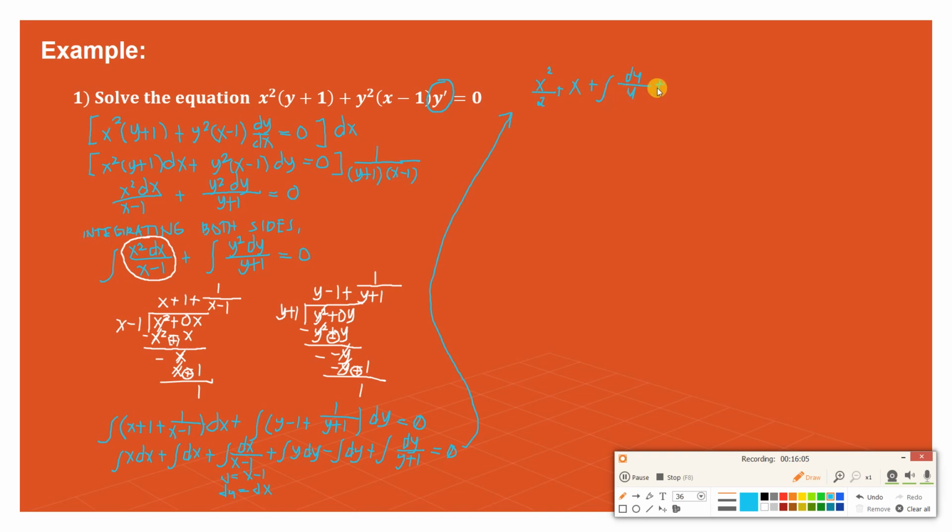Okay, fourth term, y dy, we have y squared over 2 minus integral of dy is y plus, same thing with this one, let u equals y plus 1, du is equals to dy. So we have integral of dy, which is du over